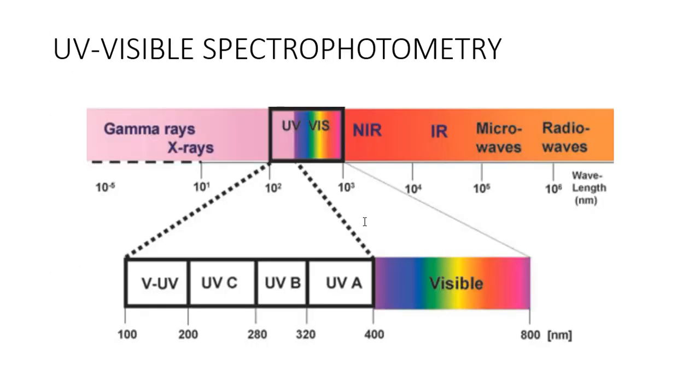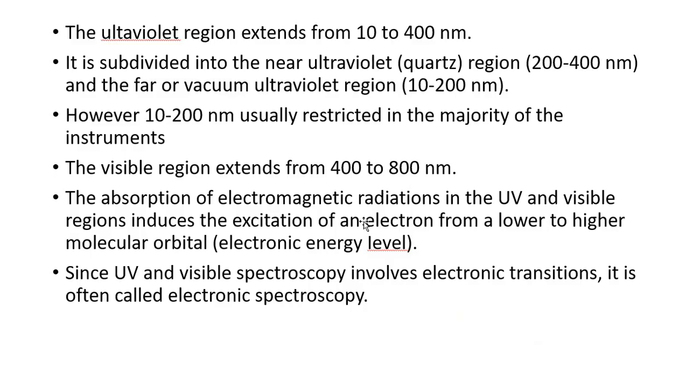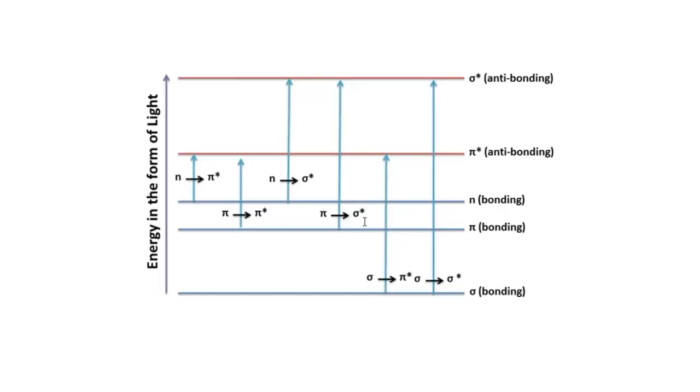Now, as I said, the UV light ranges from 10 to 400 nanometer, but usually the laboratory equipments are from 150 nanometer to 400 nanometer. So, not all the compounds are able to absorb UV light. That means all the molecules